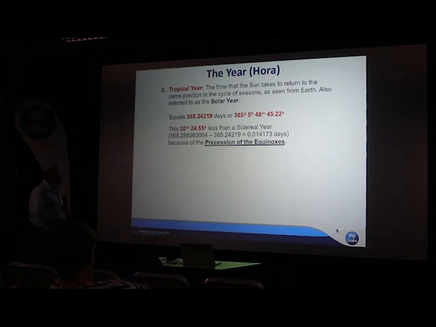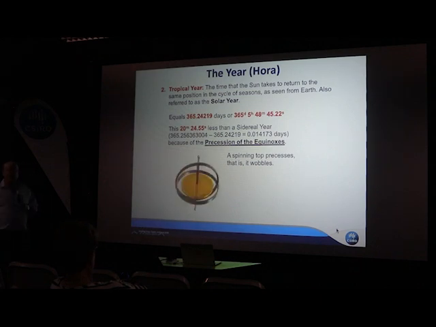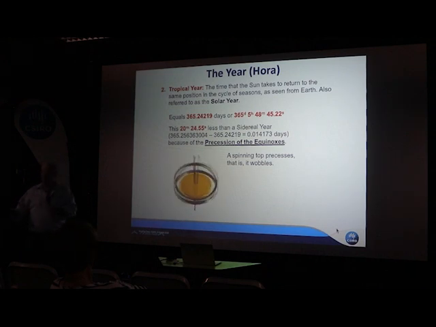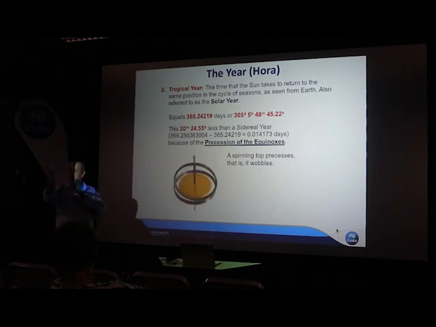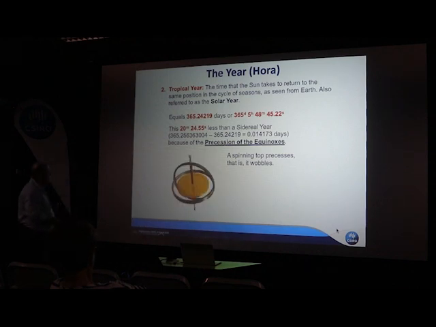However, it's because of the precession of the equinoxes, and by that we mean the Earth, you can think of it as like a spinning top or a gyroscope. It doesn't just spin, it precesses or wobbles, so that its axis doesn't remain fixed as it's orbiting. Over time, it does a little wobble like that. This one's going pretty rapidly. The Earth goes a lot slower than that.